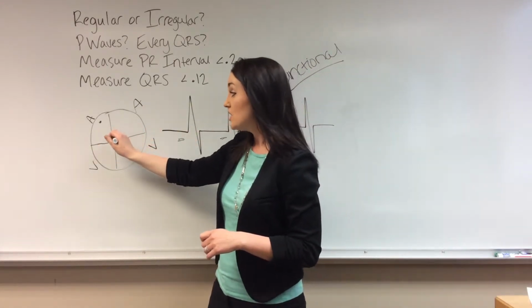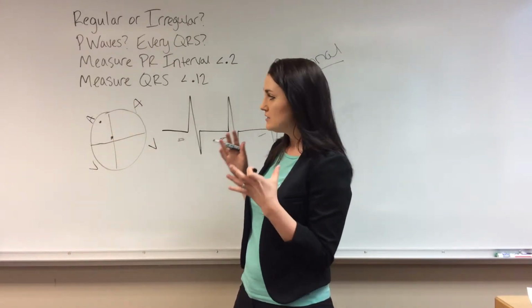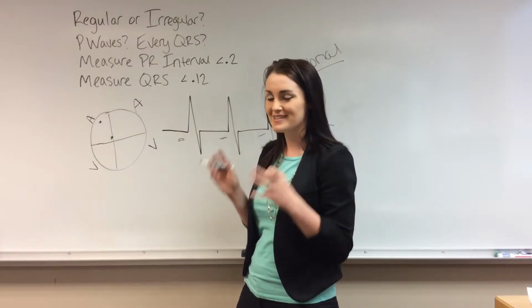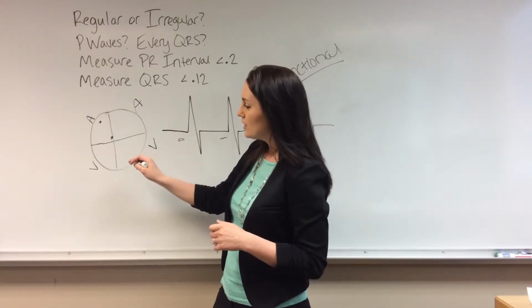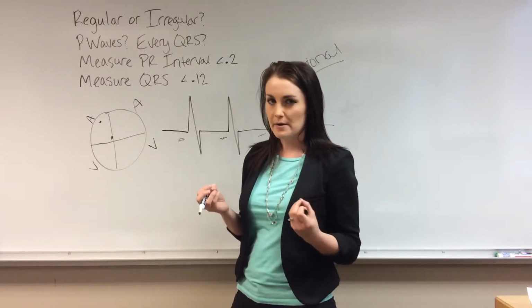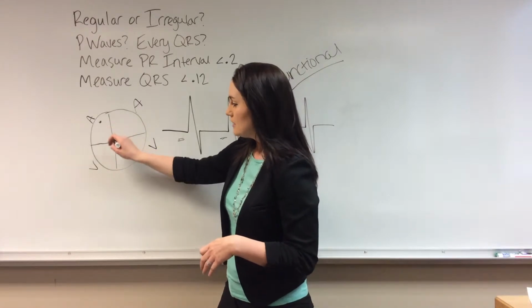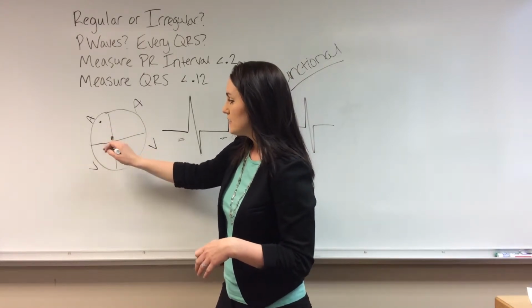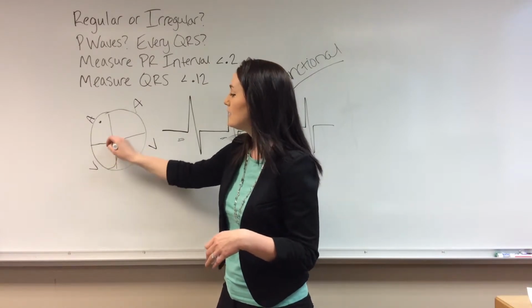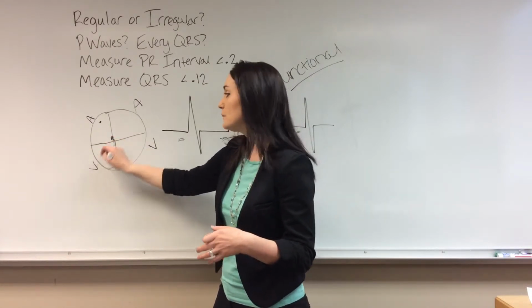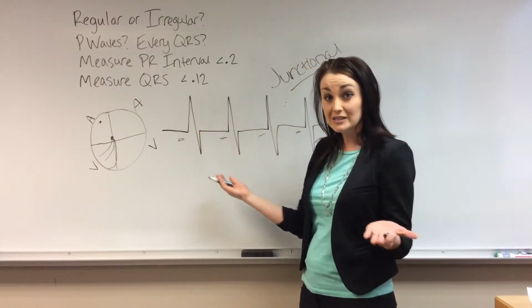So the junctional node picks up and takes over as kind of like a temporary pacer. It's going to take over, and so it's a recovery rhythm. It's saving the heart. So it'll start out the impulse down here, and then send it right down the normal conduction pathway, down the bundle of His, out the Purkinje fibers,